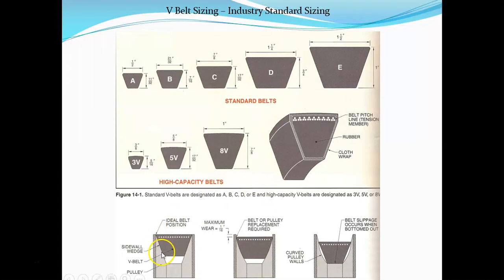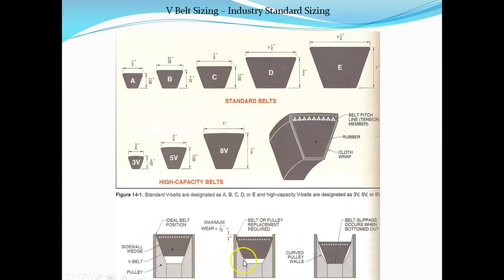So down at the bottom of this slide, we're seeing where the one on the left shows a good application, a good fit for a V-belt down into a sheave. So this lighter gray part is the sheave, and the dark colored is the belt fitting in. So you have a large gap at the bottom, and you don't have much of the belt, if any, sticking out of the top. So that shows a really proper fit for your belt. Your friction is coming from the side walls. That's where it's contacting and making the driver, the motor, and the driven